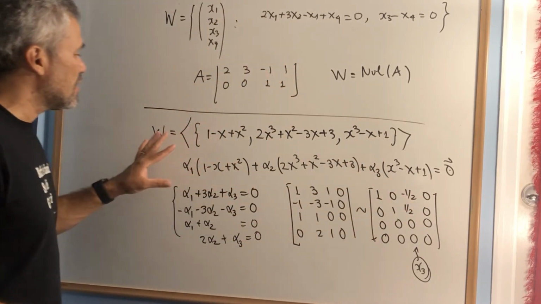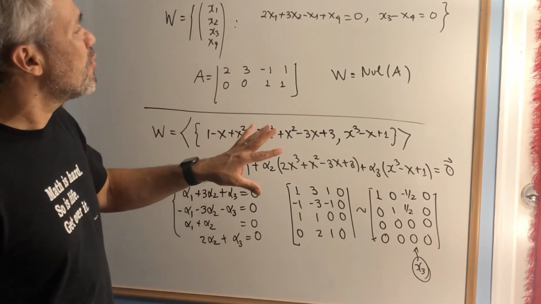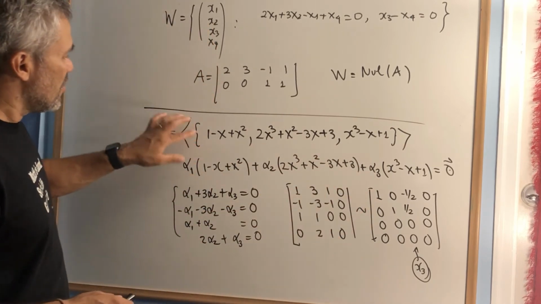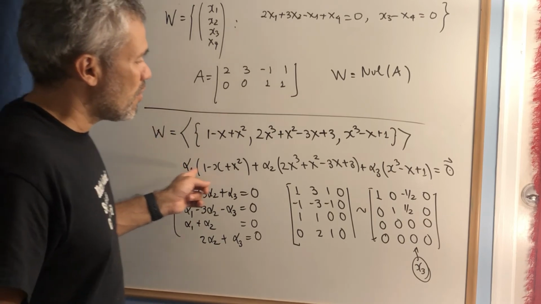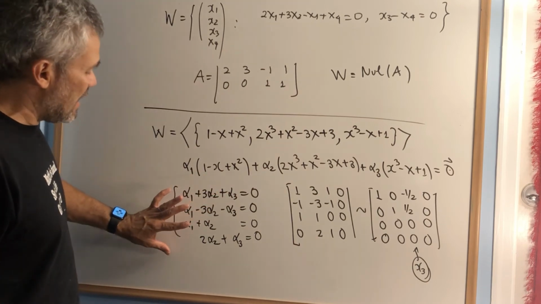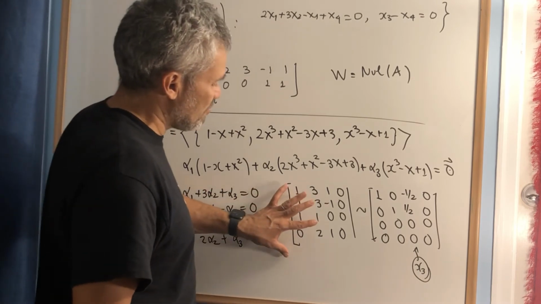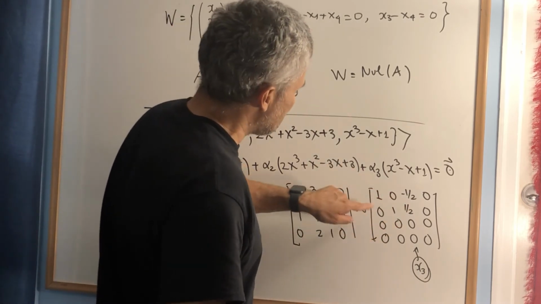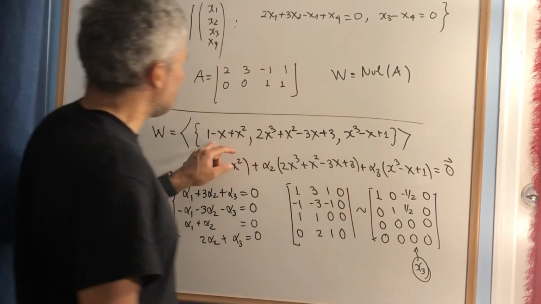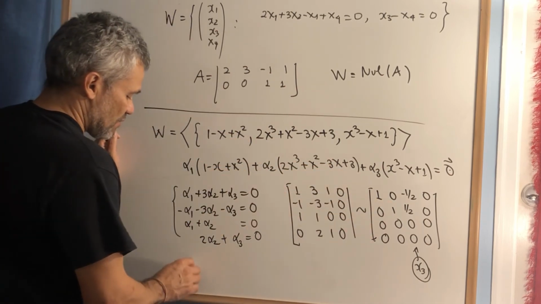Then what is happening is something similar to what happened in the case of computing the column space of A when A is a matrix. We just write a linear combination and we make it equal to 0. That gives us a homogeneous system, and that homogeneous system has an augmented matrix. We do row reduction, and then we see what columns have pivots, and then we select those polynomials that go with those columns. Then in this case, that means that a basis for W